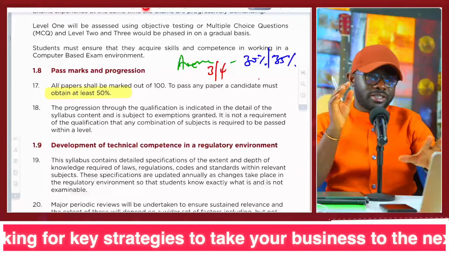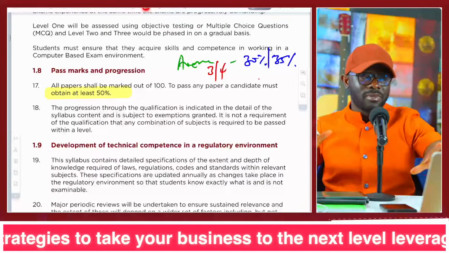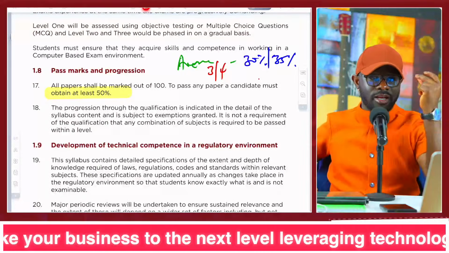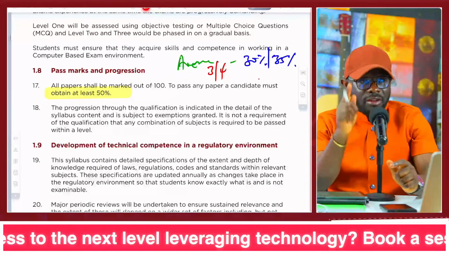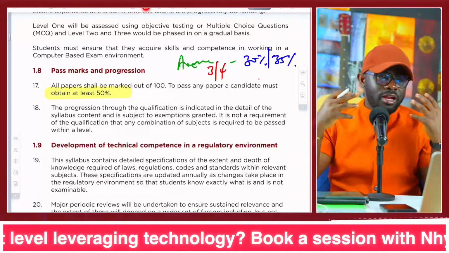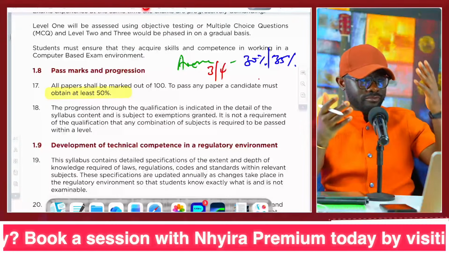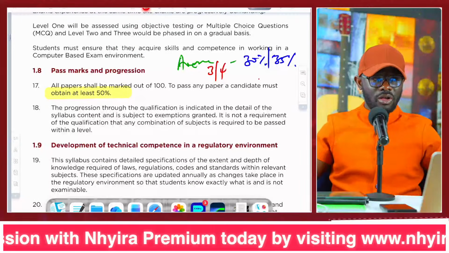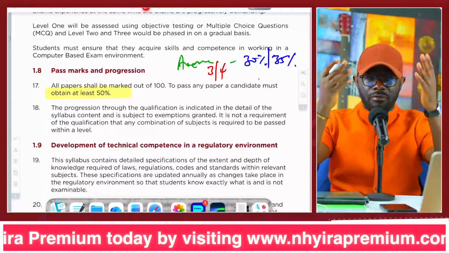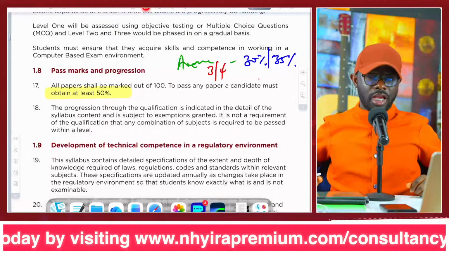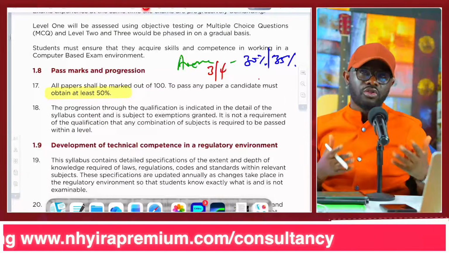So yes, the pass mark is 50. So at least 50% you have passed the examination. But that 50 is difficult. Now the question we then have to ask ourselves is, if the pass mark is 50% or more, why are people failing the examination? Because if you are somebody who is on this journey,